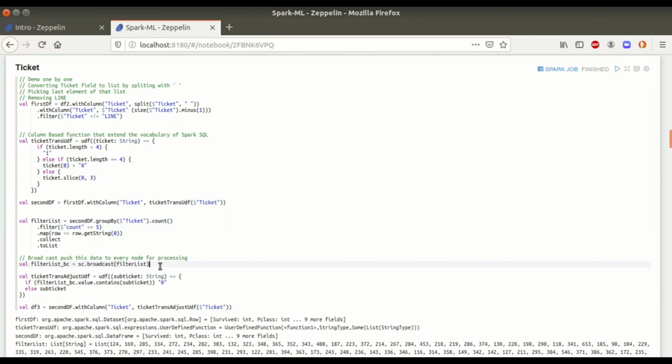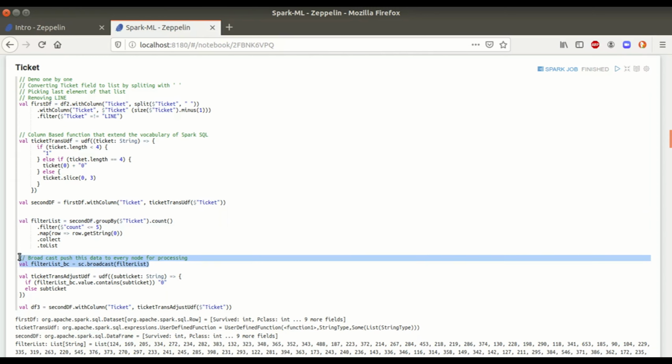Here in this particular row, I am using a different syntax, sc.broadcast. Underneath, Spark does the data processing by pushing this particular code to each and every node present in the cluster. So if we don't use broadcast, what will happen? Code from all these distributed clusters will come to the executor node, and then processing will happen, which is very resource intensive and will create load only on our executor service.